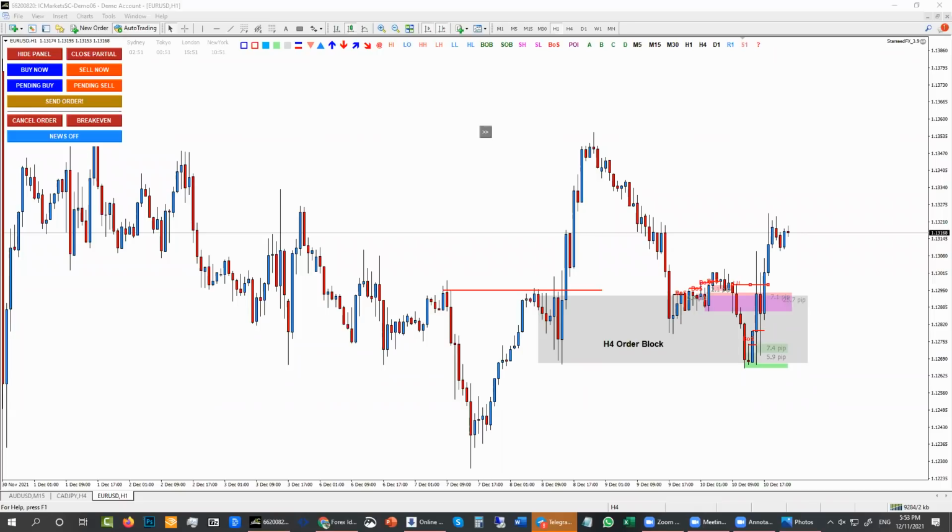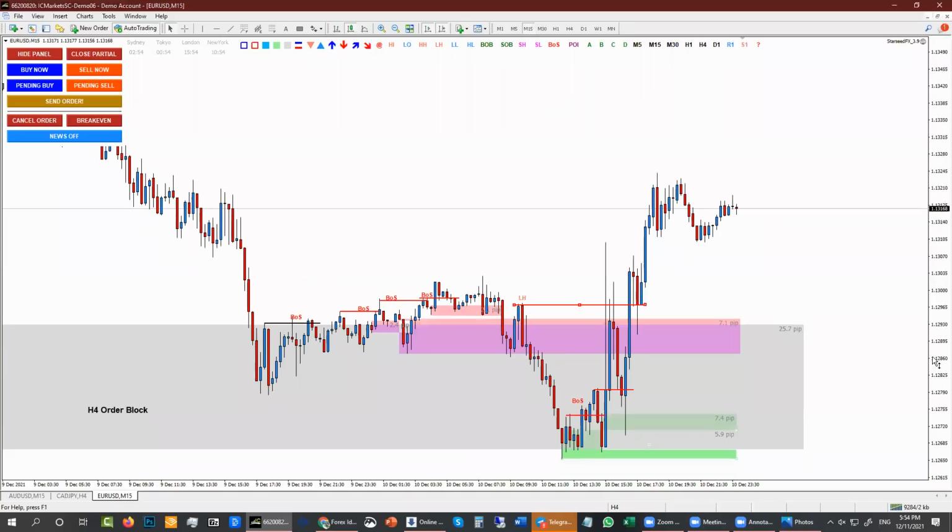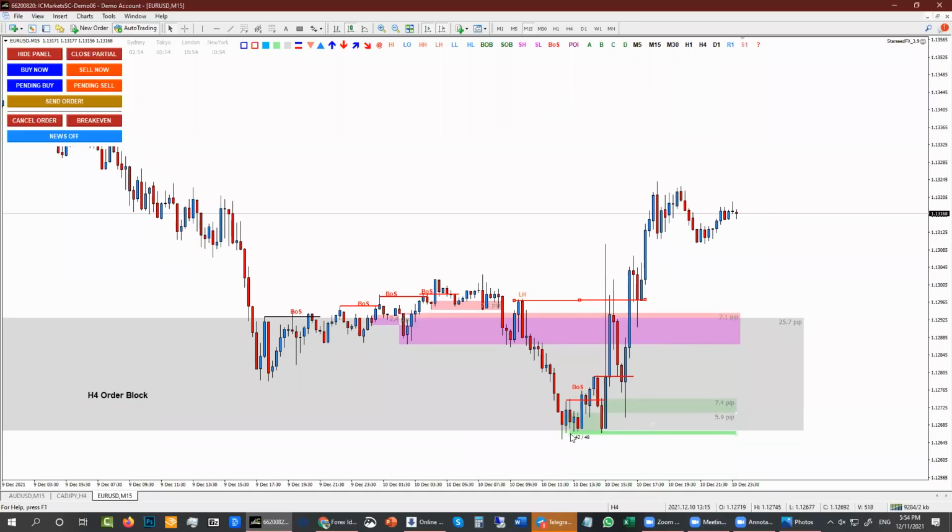Do you give a buffer for stop loss? I usually just put it at the last low. Like something like this, right here, the order block is basically here. When I look at the situation, if it is just a little bit, I would just put it on this low, because I always take it at 50%.